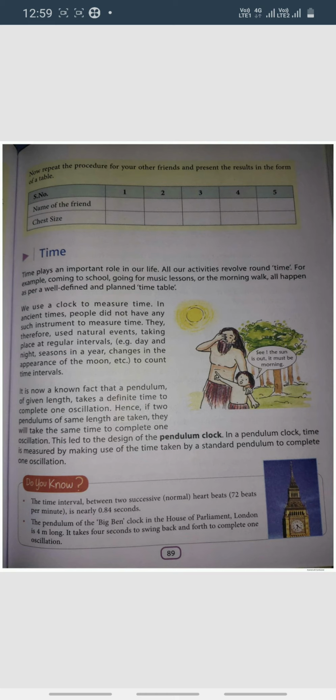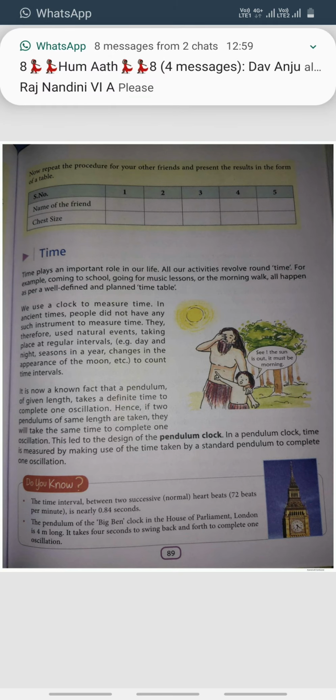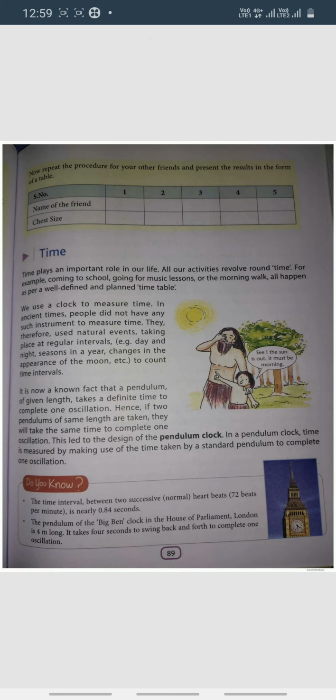After that, gradually they learned to use a pendulum. What is a pendulum exactly? You have to know. You must have seen a pendulum clock. In a pendulum clock there is a ball held with a thread-like structure which oscillates. Oscillation means movement back and forth, the movement of that ball back and forth and coming back to its own place. That is oscillation. You must have seen a swing.